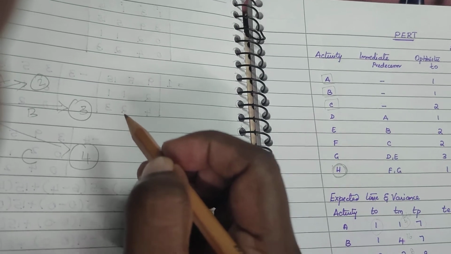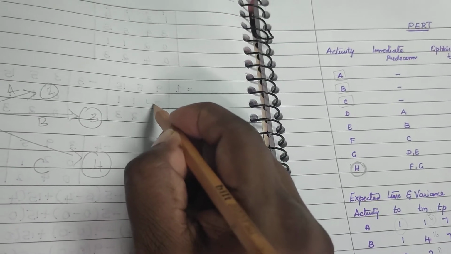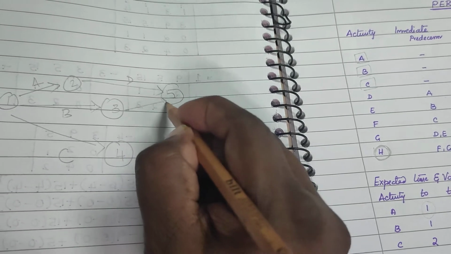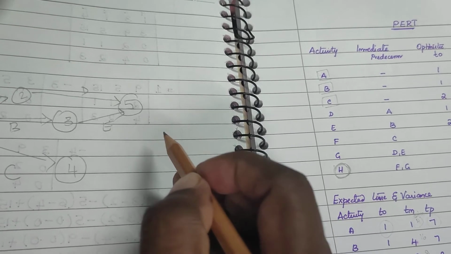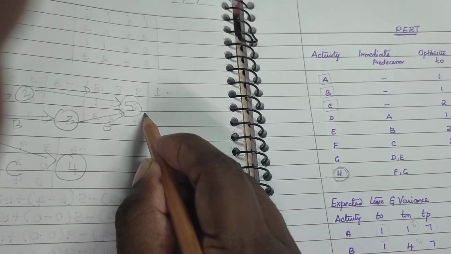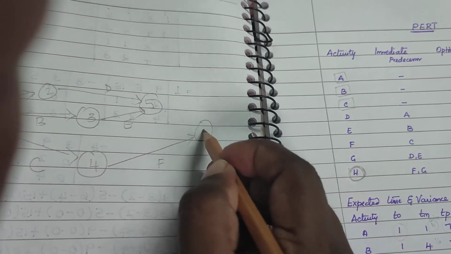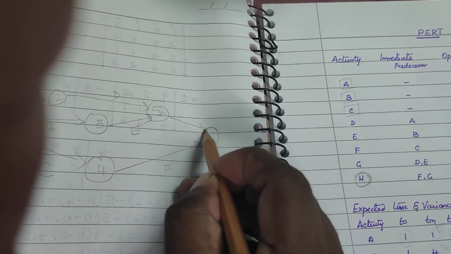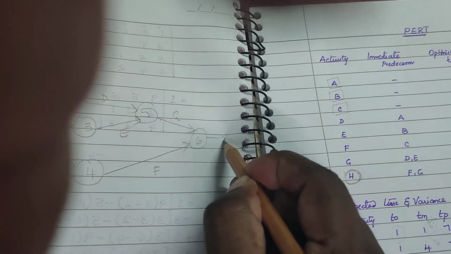Then from A, B, C, I have D, E and F. But D, E are joining together. So from A I have a D, and from B I have an E, and those are joining together. And then F and G are joining together. So what I do is, I have an F from here, I am pulling it up and putting it in a node here, that is 6. And from D, E, G comes, and G and F I have joined together so that I can get my H.